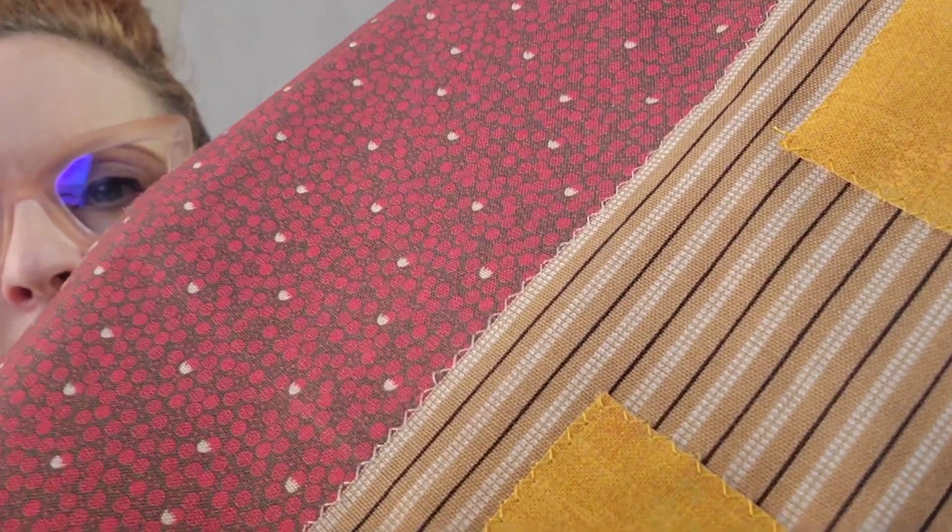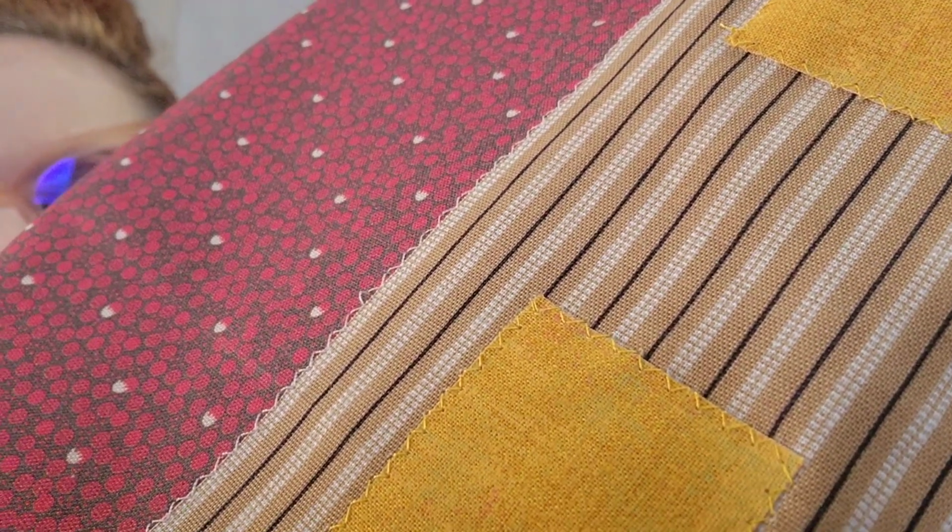So I've been putting on a very fine zigzag number 2. Let me show you my work here, and I'm going over the edges, and it's turning out very pretty. And then you also have to realize that once you get all this zigzagged in place,